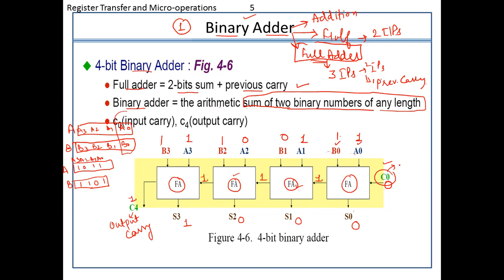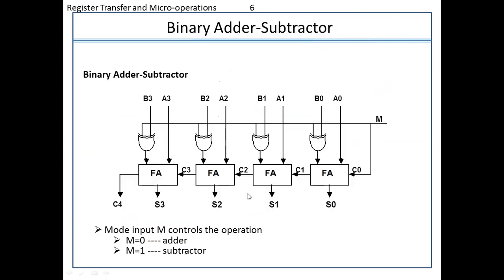So this is how this entire binary adder will work. This Cout is also called the input carry. So this is a very simple architecture design of the binary adder. You can pick any example, and depending upon the number of bits or the size of the registers we are using, accordingly I will have to work with these full adders. Okay, so let's proceed ahead.